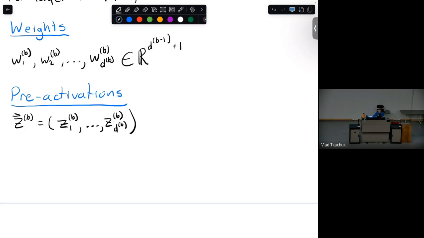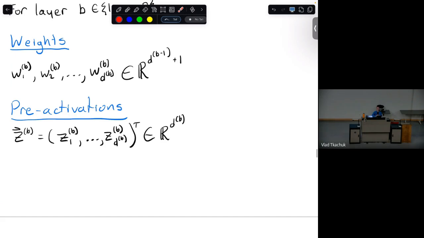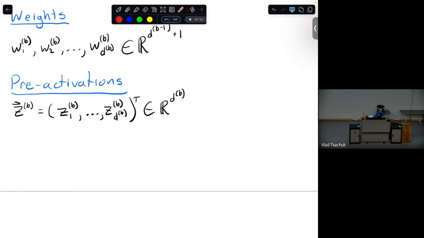What is the dimension of each one of these? Well, each one is just a number. It's a dot product. How many are there? There's 1 till D of b, so there's D of b of them. So this vector is an element of R of D of b. I'm really emphasizing this is maybe the most important thing when you work with neural networks: matching dimensions of objects and making sure they match. This gives you a lot of intuition about what's feeding into what. So that's why I'm really stressing the dimensions of things.